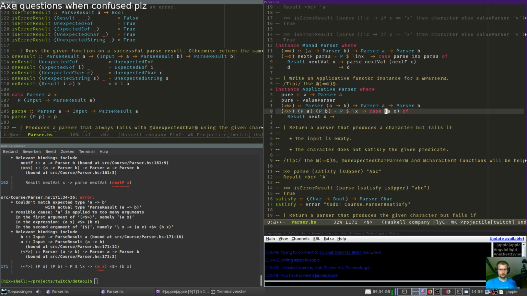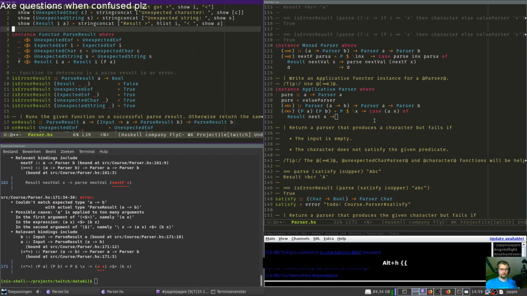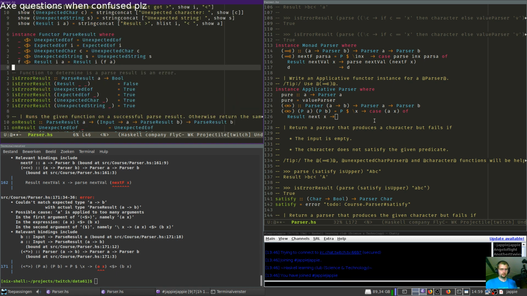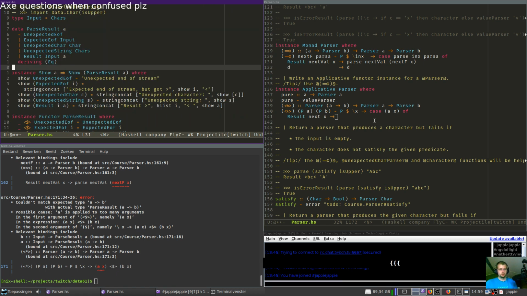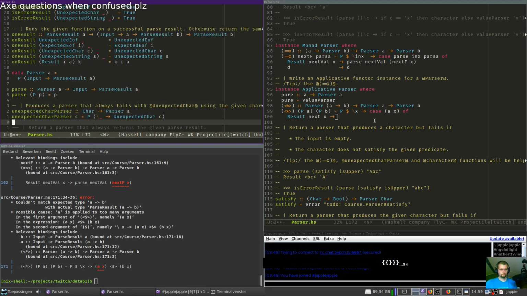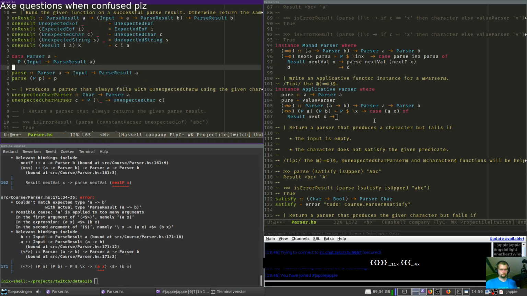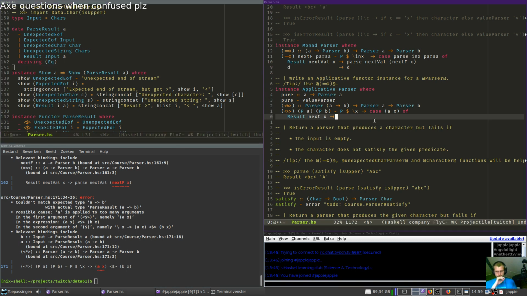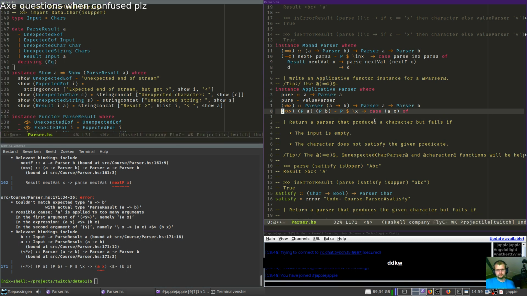A of x is a function though. The parse result applicative? No. Just a functor. Tricky.